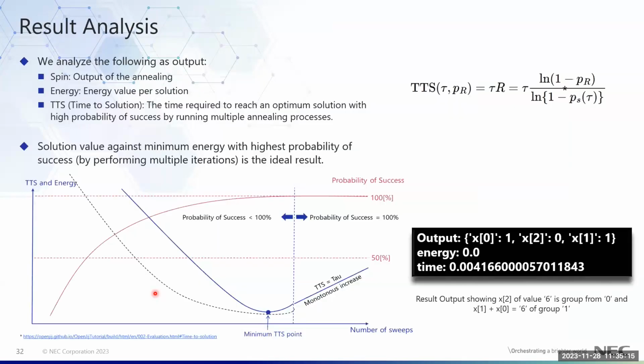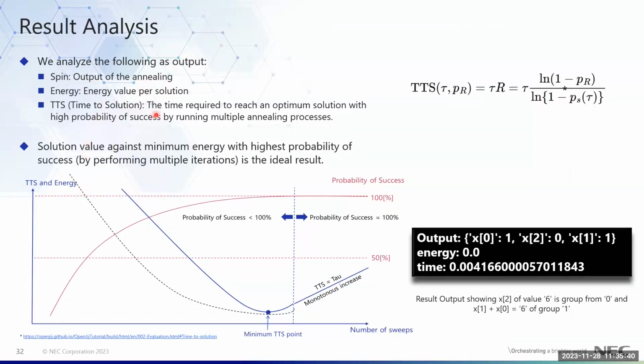When you analyze the results, there are certain parameters you have to look into. One is the spin, which is the output of the annealing. Then the energy value per solution. We've already discussed that the most optimal solution as per annealing would be the one with the lowest amount of energy. And